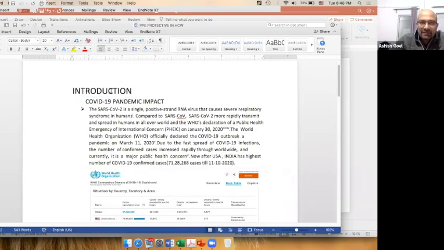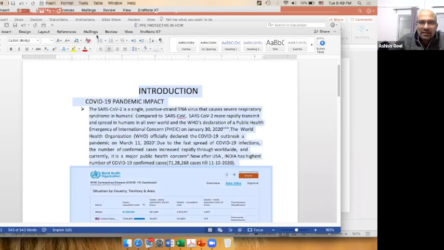Now, if I want this introduction to appear in the center of the paper, the easiest way to do it is select the space or center text. It automatically goes there. Now, if you see, if I select everything, there is no blue patch on the left of introduction. So I know that this has been done by formatting technique and not by pressing the space bar again and again. That was just that it appeared.